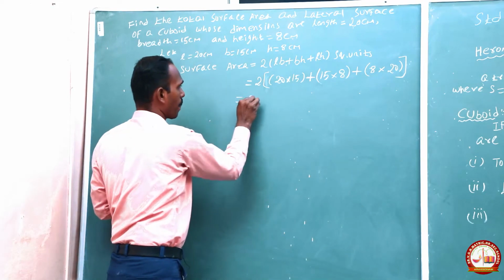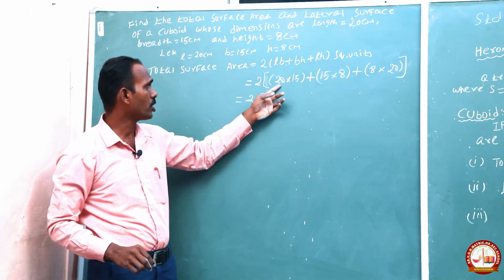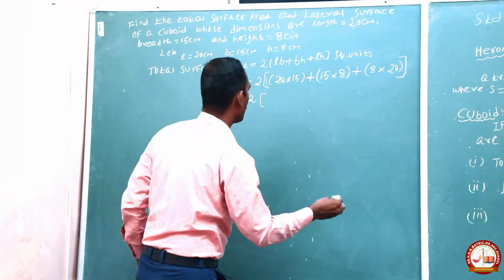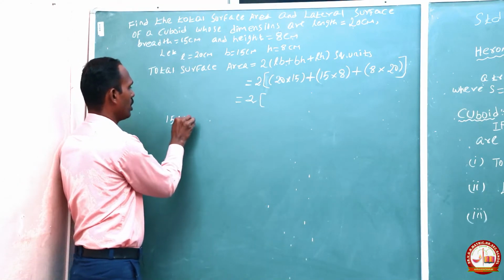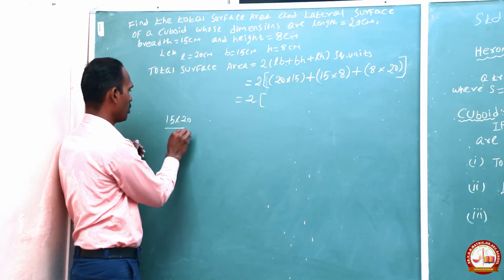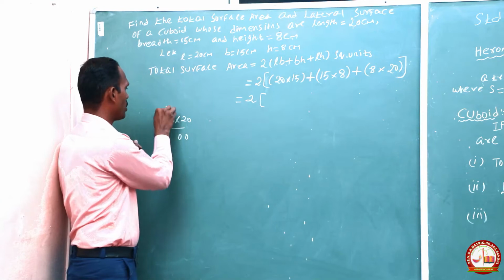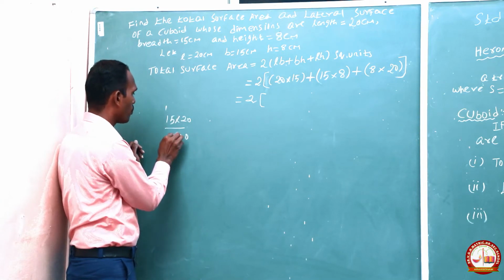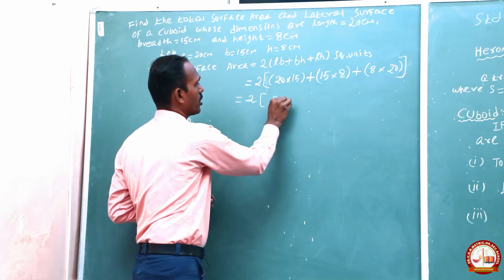So first we put the 2 as it is, and then we multiply 20 into 15. So I multiply here, 15 into 20. 5 into 0, you put the 0. 5 2s are 10, 0 balance 1, 2 1s are 2 plus 1 is 3, so 300. 20 into 15 is 300, okay.